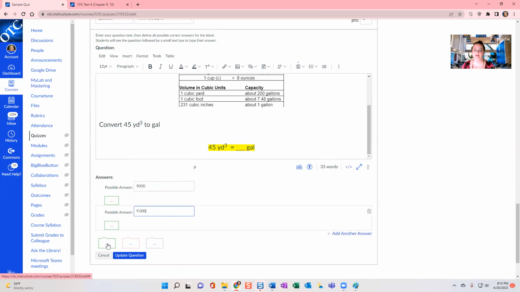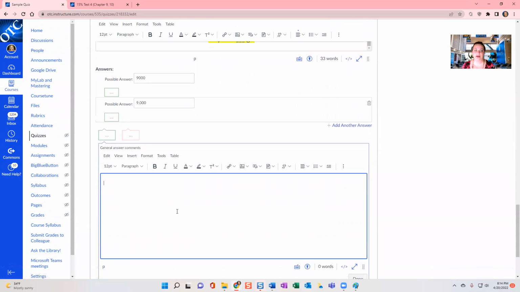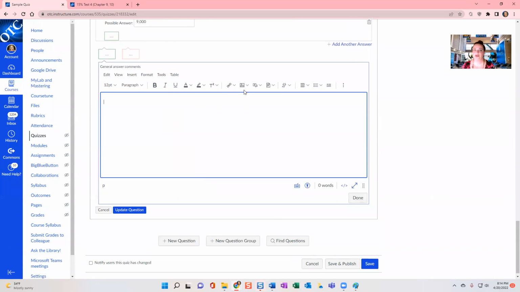Finally, down below, you have these options for entering in comments. I typically never use the green or the red. The green box is for comments that students see if they get the answer correct. The red is if they get it wrong. And I usually use the blue, which is just everybody sees this and I see it because this is my answer key. So what I do is I click that blue box and you have the option to upload maybe